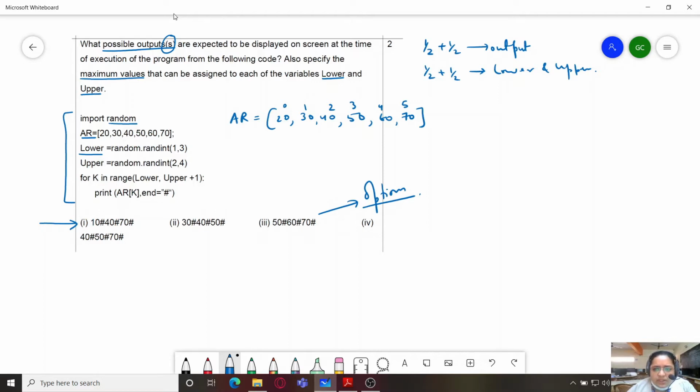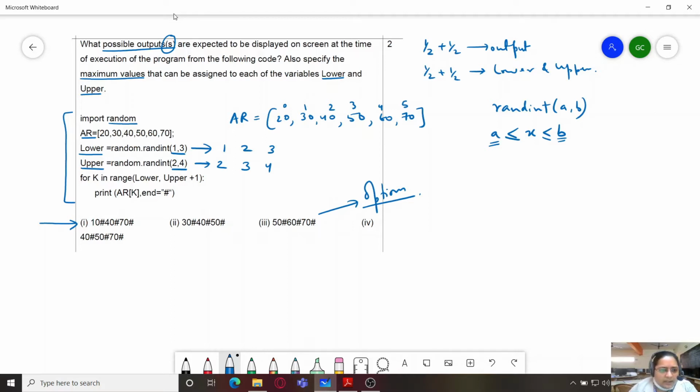So the range is usually like this: randint(a, b), and the random number which is generated is between a and b, including a and b. That means here if we have 1 comma 3, then it should generate random numbers 1, 2, 3, and the next one it should generate random numbers 2, 3 and 4. So lower can be either 1, 2 or 3, upper can be either 2, 3 and 4, right?